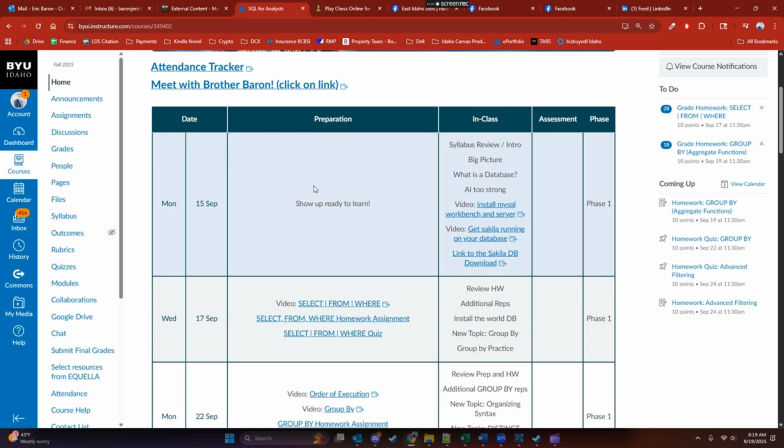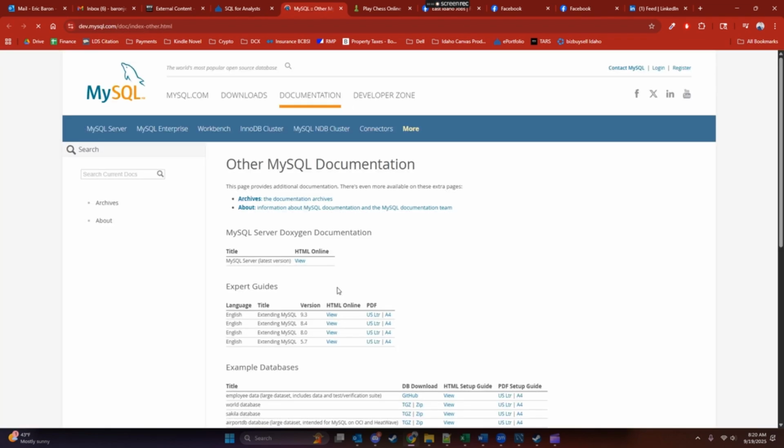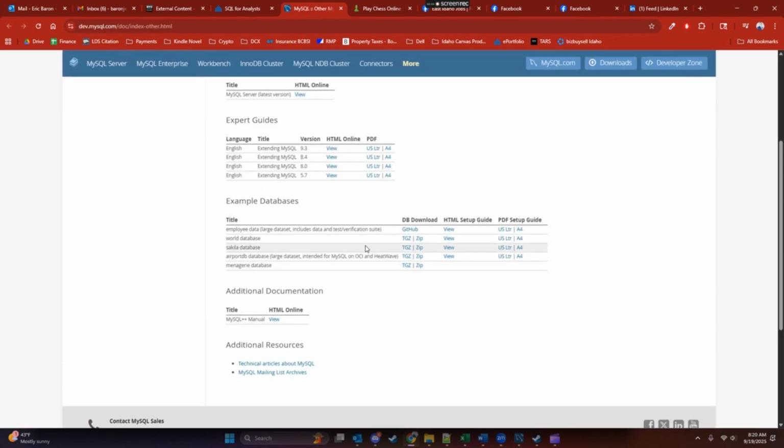Welcome. I'm going to show you really quickly how to install the World database. I'm going to use this link. It's the same link to get to Sakila as to get to World. Instead of going to the Sakila database, I will click on the World database zip,